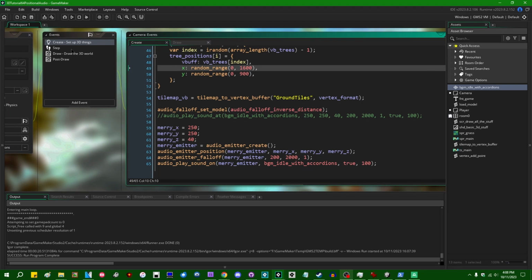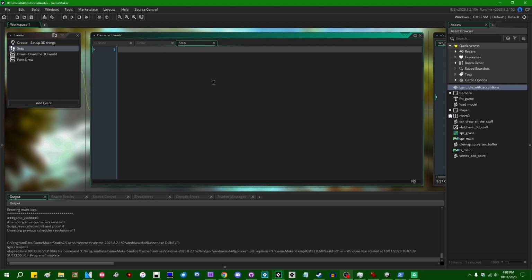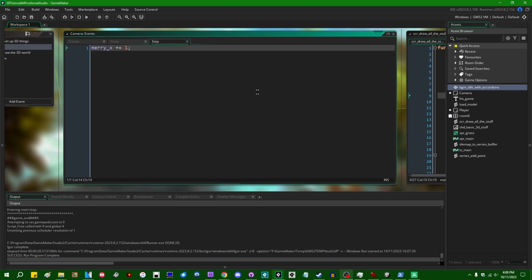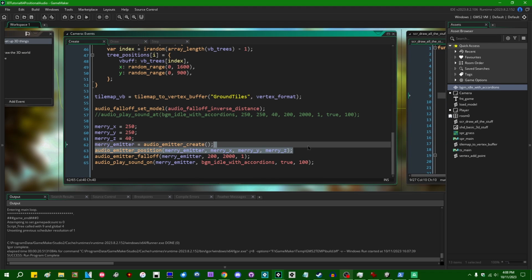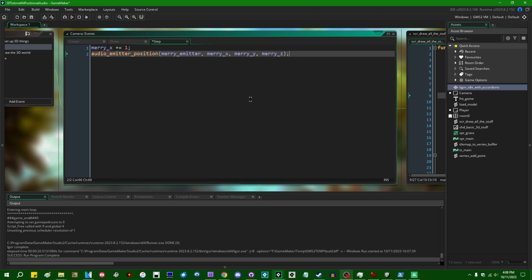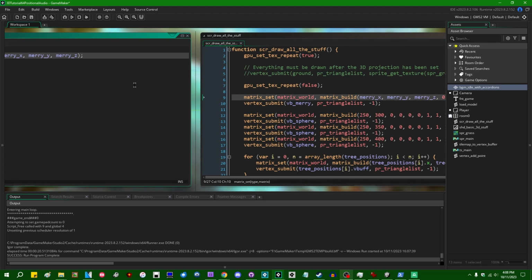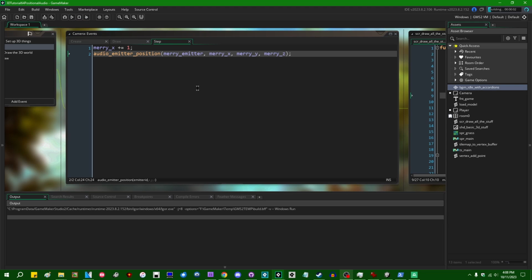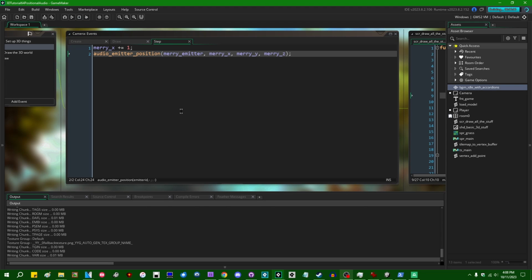I can also say, if you want, for example, the pirate ship to move forward, Merry X plus equals 1, Merry X plus plus, or plus equals 10, or however fast you want it to move. And if we also update the position of the audio emitter as the visible object moves, then we will be able to hear the sound actually moving through space. So if I run the game now,